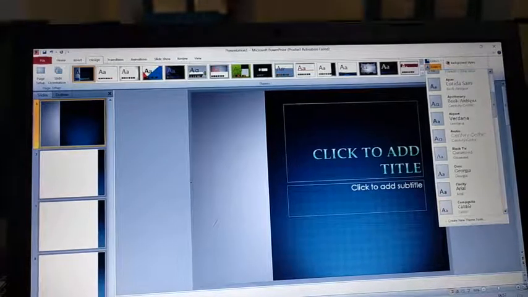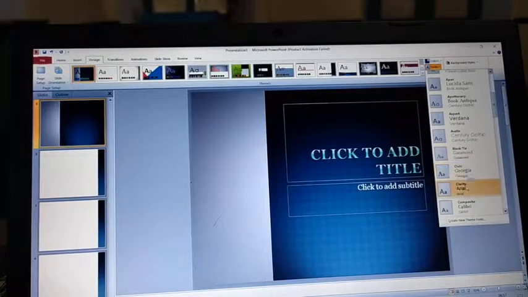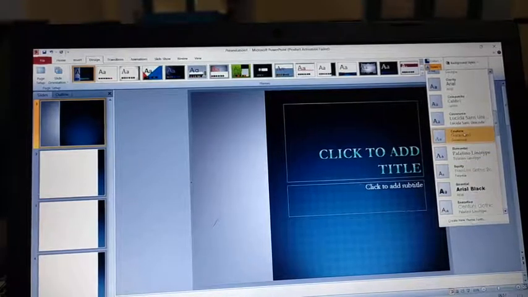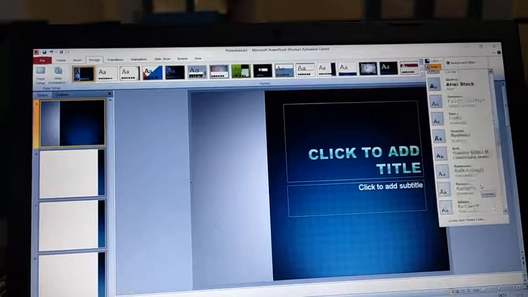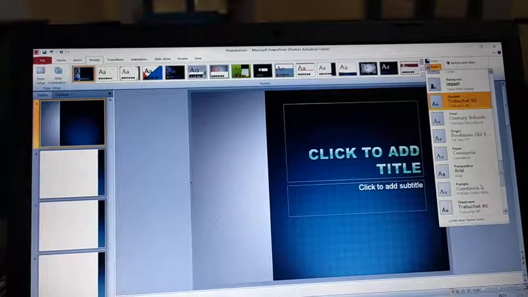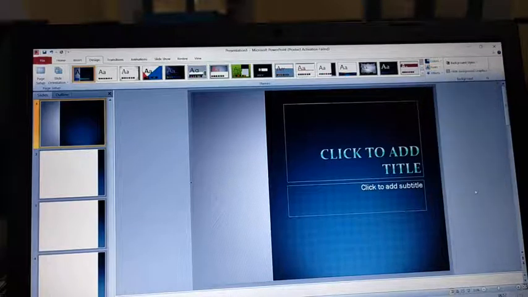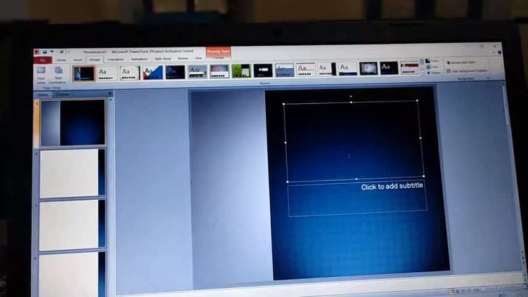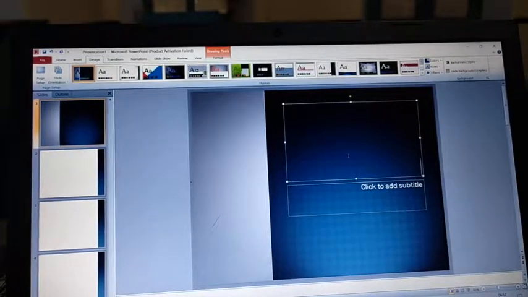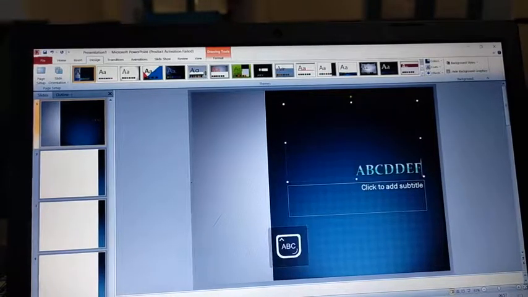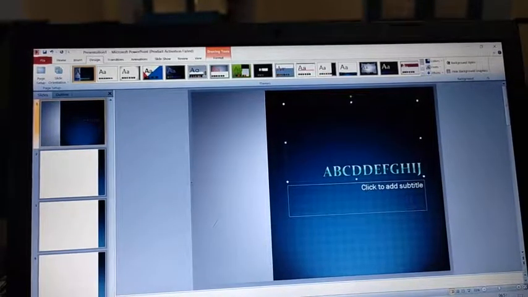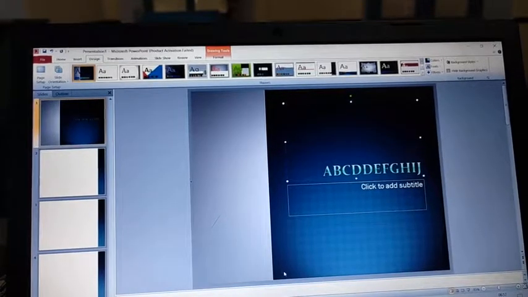Okay, it is not necessary that you have to use the same font that comes with some particular theme. We can change it to any kind of font that we want. Yes, we have changed the font style also. Now anything you type here, it will be in that font style only. So होल डॉक्यूमेंट में यही सेम फॉन्ट यूज़ किया जाएगा.